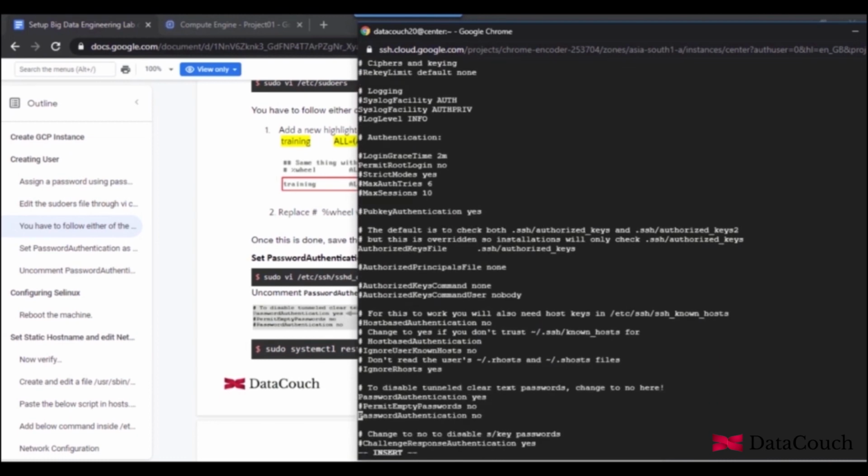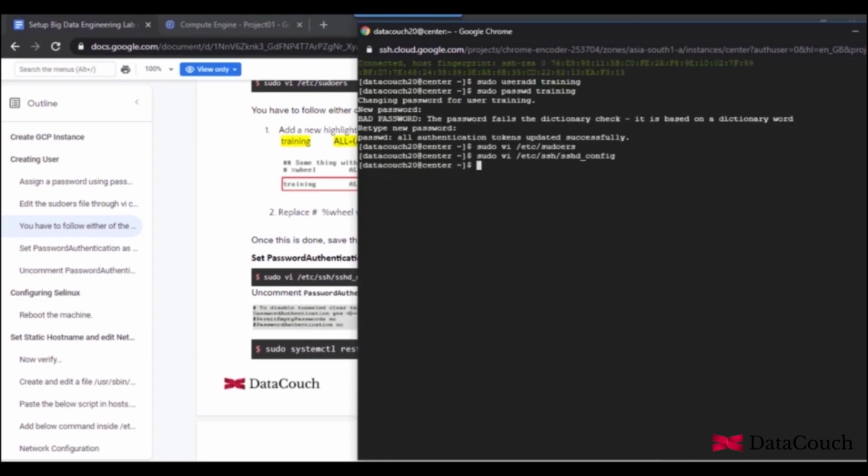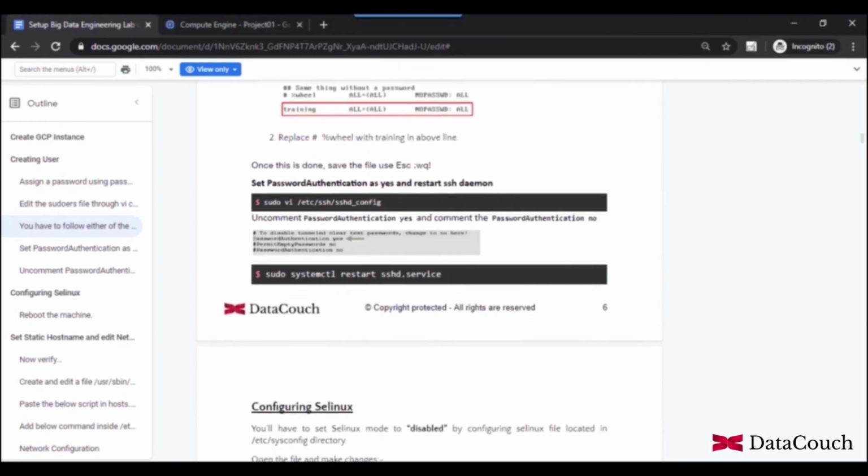So I'm setting up the parameter: password authentication yes. This is for the SSH configuration, and then we use the command sudo systemctl restart sshd. We restarted the SSH daemon because we just modified the SSH config.